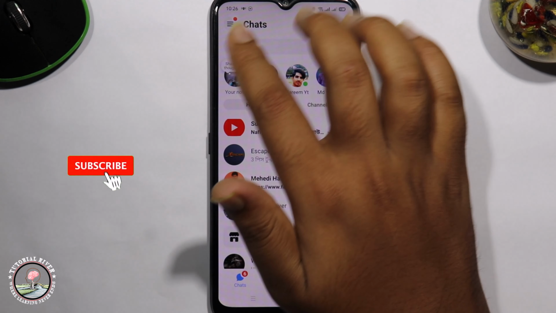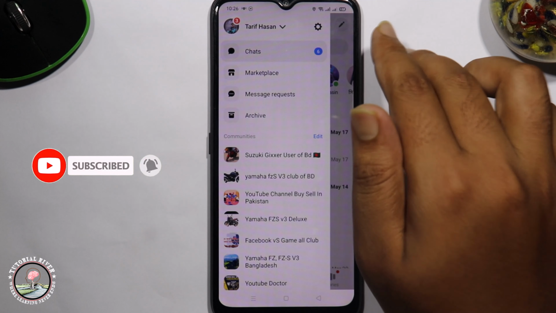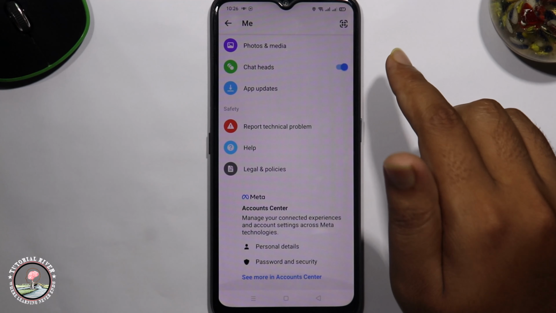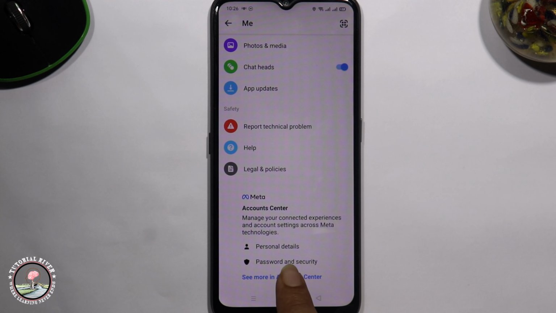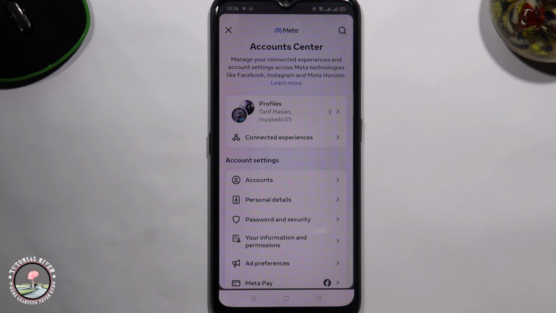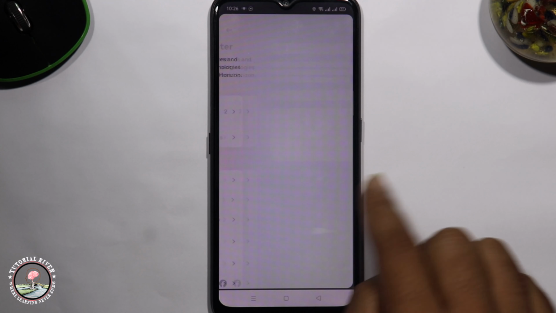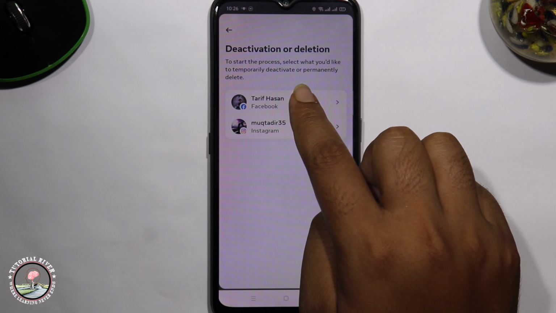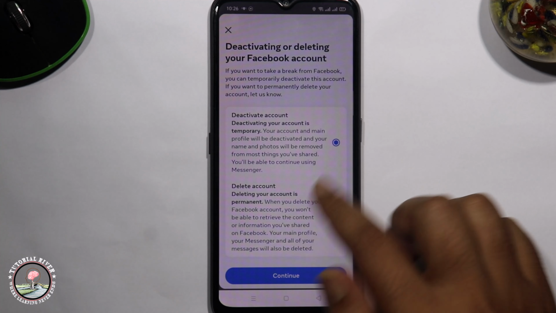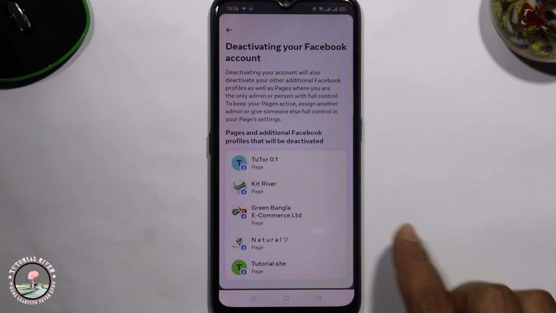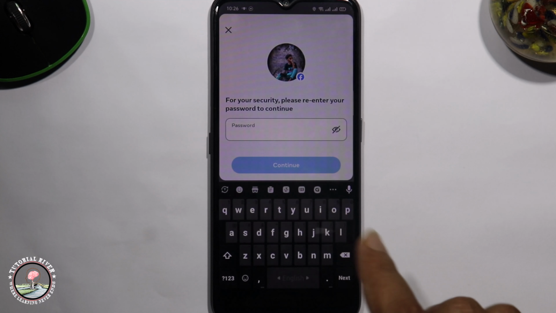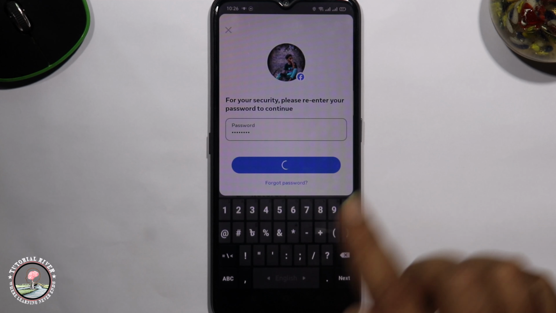So let's get started. Click on the three lines, settings, scroll down, see more in Account Center, personal details, select your Facebook account, continue, type here your password, continue,